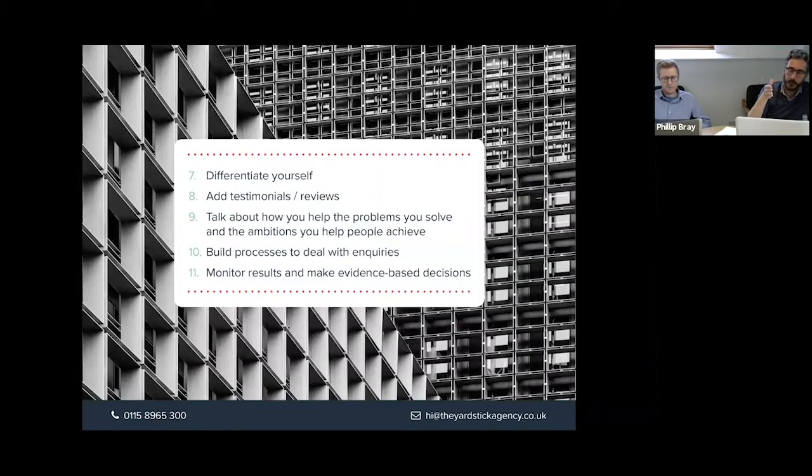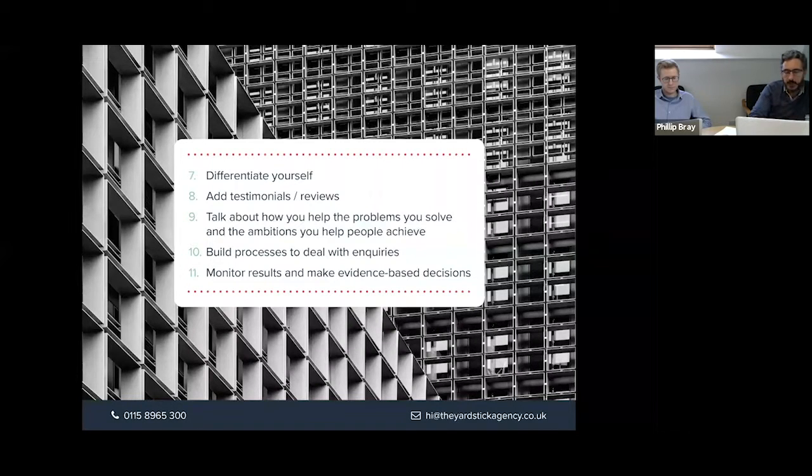We do wake up with a problem or an aspiration that we want to solve or achieve, and we've got to understand what those triggers are. I want to buy my first house. I need to move house to get the kids into a certain school. I've been paying into my pension all this time, isn't it time I can retire? There's all sorts of triggers. So we need to talk about those triggers everywhere in our marketing, but certainly in our directory profiles.